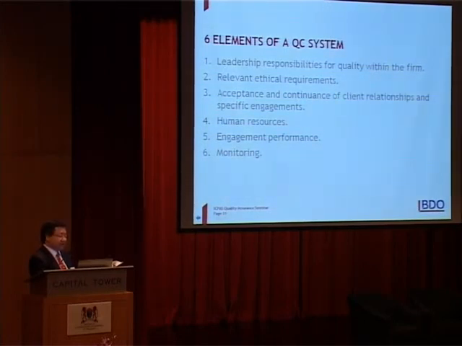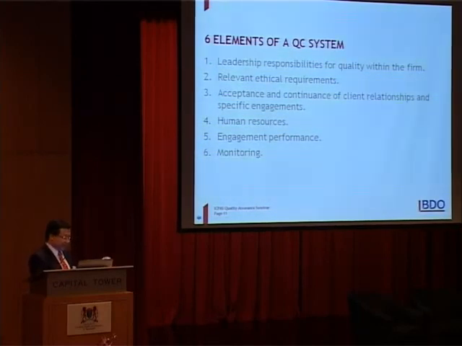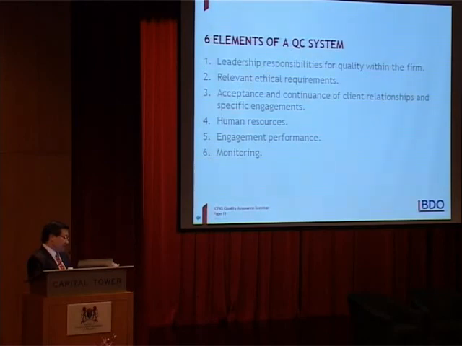Element number 3, acceptance and continuance of client relationships and specific engagements. This is to provide guidance on the establishment of appropriate acceptance and continuance policies and procedures. Element 4, human resources, provides guidance on effective quality control policies and procedures. Element 5, engagement performance, is to provide guidance on the elements involved in engagement performance, highlighting the role of the engagement partner, planning, supervision, and review, the consultation procedure, how differences